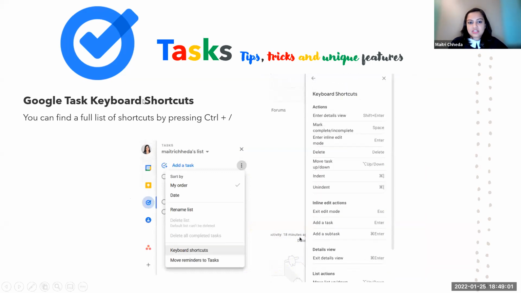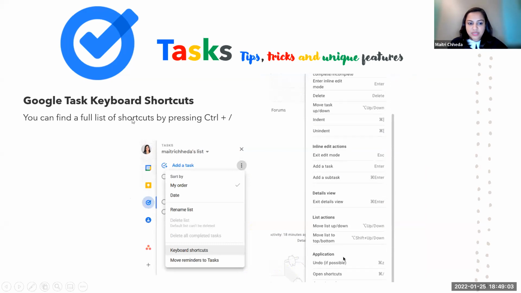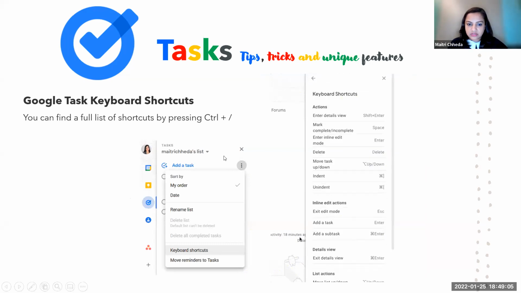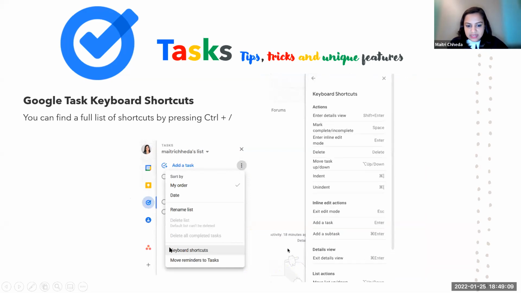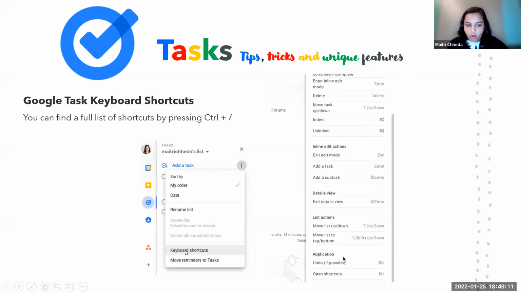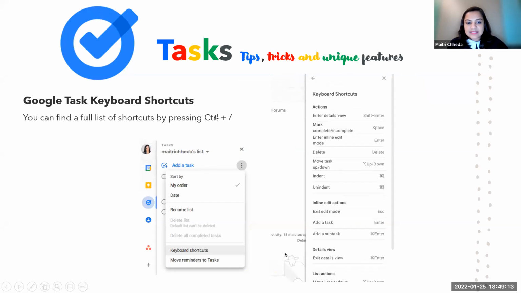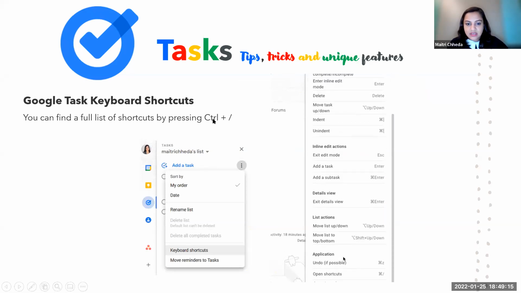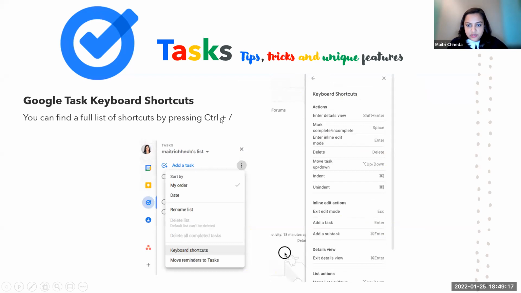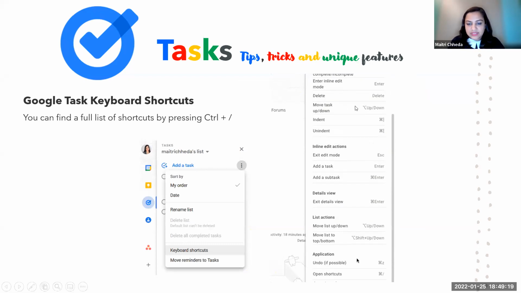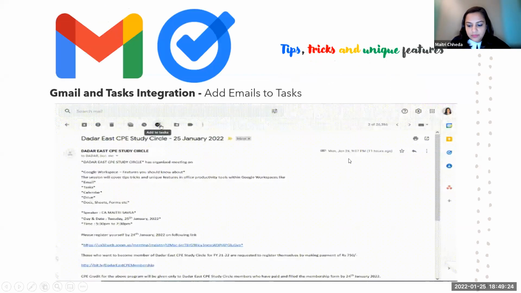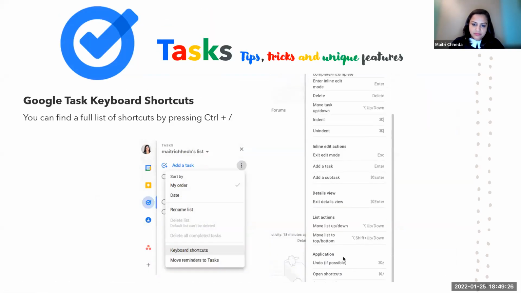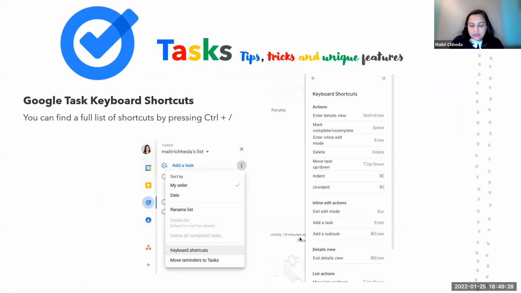Now shortcuts. I think Akash was talking about shortcuts. You can find a full list of shortcuts over here also. You can go to this, click on three dots, and you have keyboard shortcuts over here, or you just press control plus backslash, and you will get the list of all the keyboard shortcuts. Now shortcuts are for people who are used to working on keyboards.